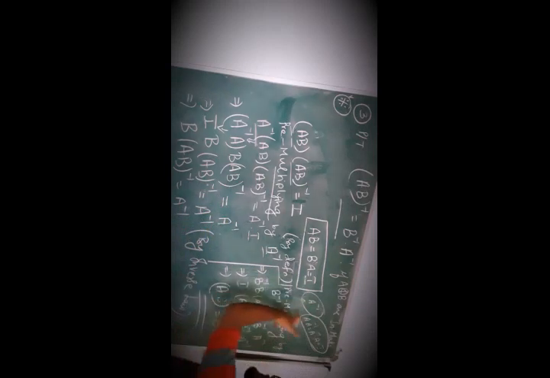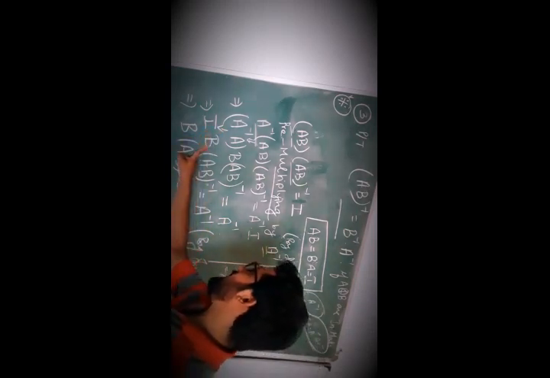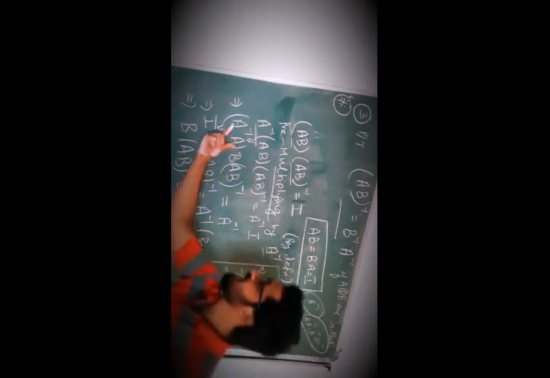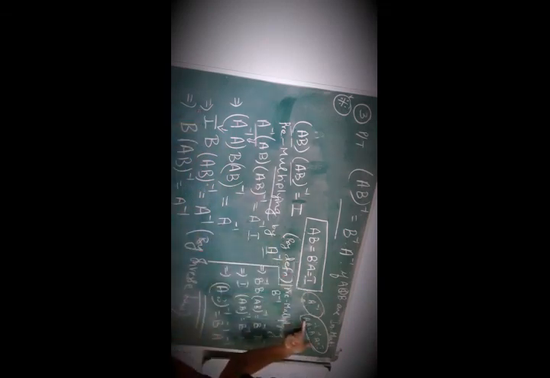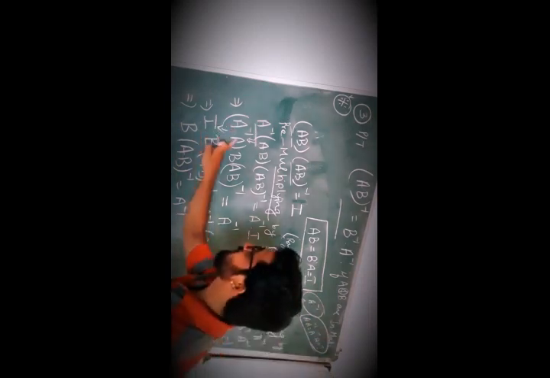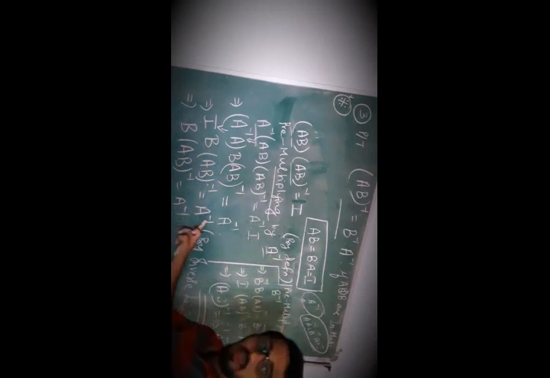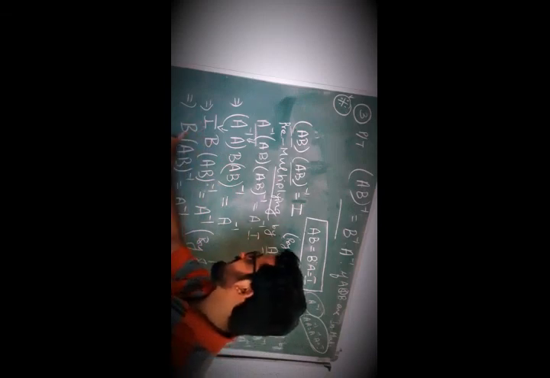By the definition of inverse law, listen. I into B, AB the whole inverse is equal to A inverse, because A inverse A is nothing but I. That is nothing but inverse law. That is inverse law, no? A into A inverse or A inverse into A is equal to I. So in place of A inverse A, I have I. B, AB the whole inverse is equal to A inverse. Is it clear? Now, I into B, that is what? B only. I into B is nothing but B.